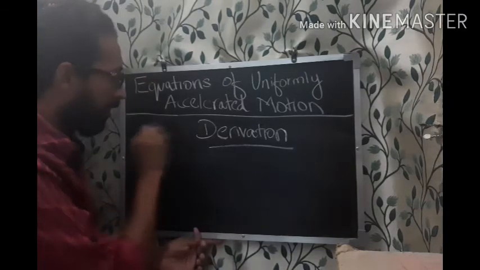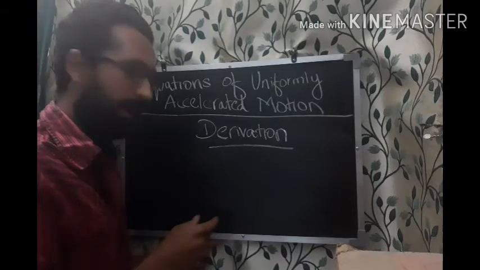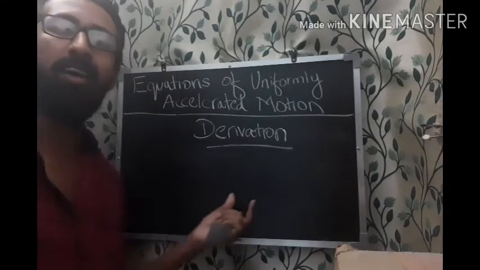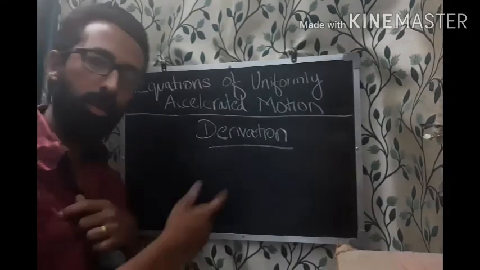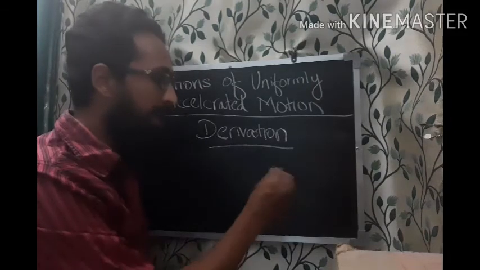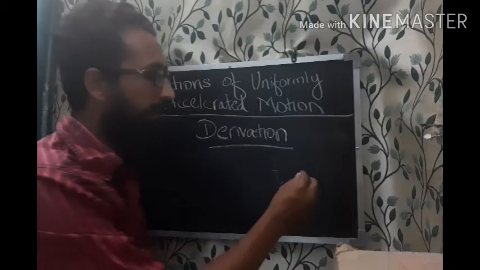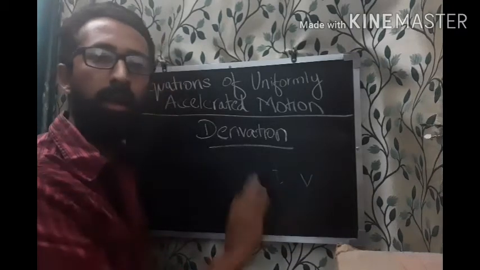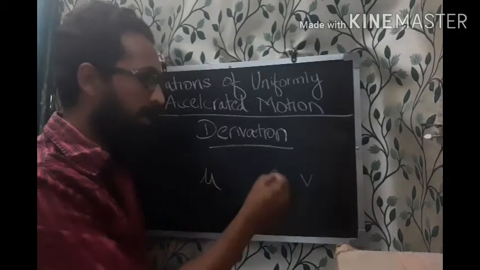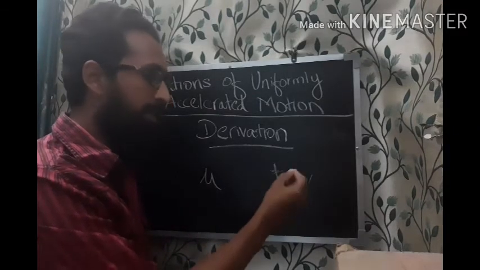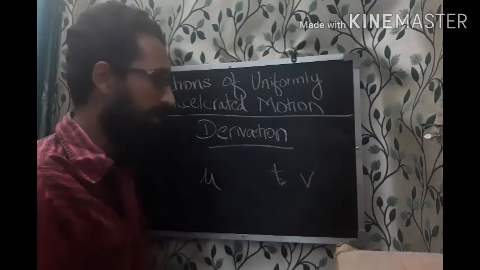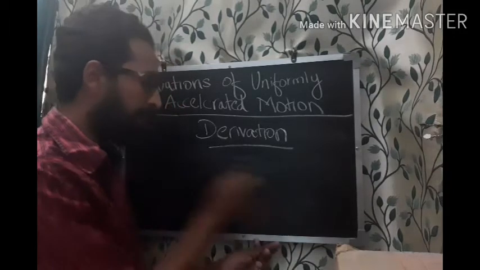After that, as we have said in the introduction line, there is a body with initial velocity u and it is subjected to uniform acceleration. So when the body is accelerating uniformly, after a time interval t, the final velocity will be something, and that is considered to be v. First it was u, and after a time interval of t the velocity changes to v. This we have written in the statement form.